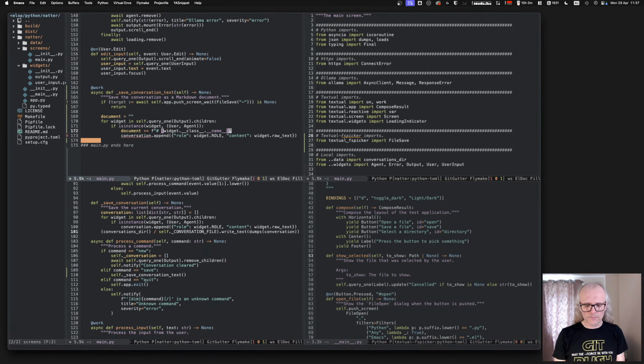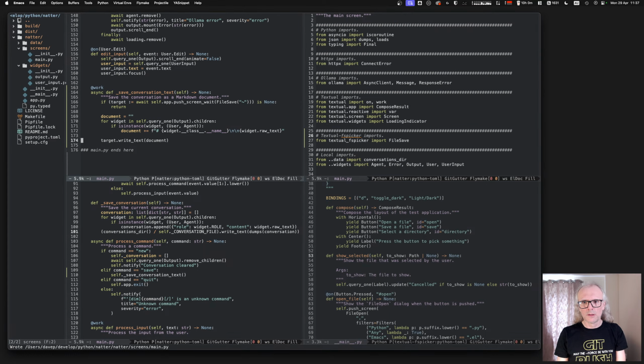kind of cheat a little bit, and then it's just going to be the widget's raw text should do it. Going to be like that. And then we shall... that's kind of it.